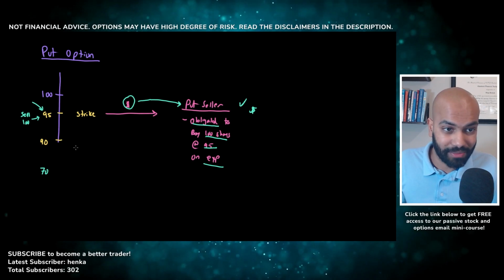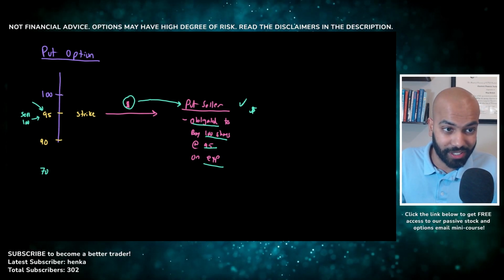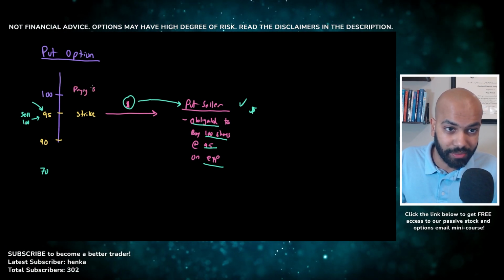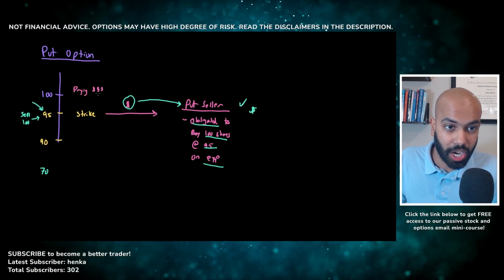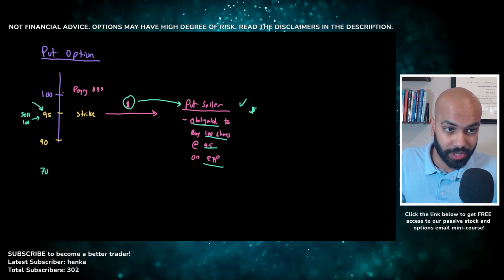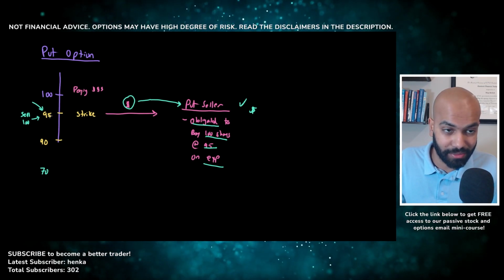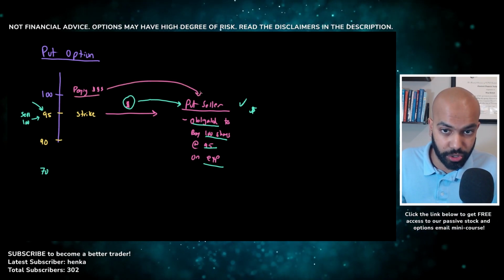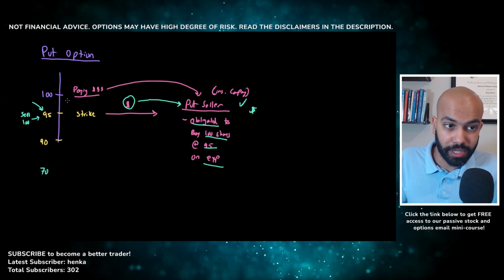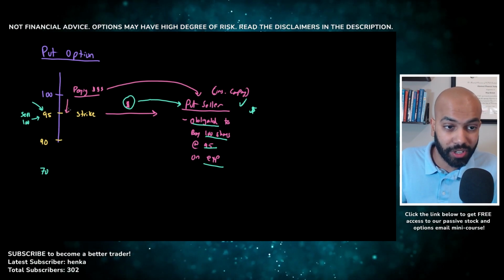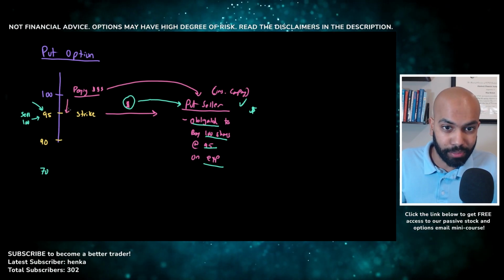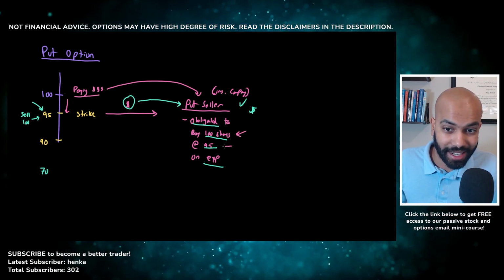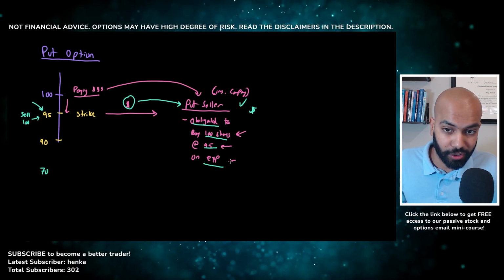Now that's exactly what's happening here. Let's say right now a car is at $100, but you haven't crashed it. That's fine. You just end up paying premium every single month or however long the contract is until the stock actually goes down. So if the stock is above $95, that means there's no car crash, as in you're just going to continue paying this premium to the put seller, who is the insurance company. But the moment the price goes below $95, you could file for an insurance claim, and the put seller would just be obligated to buy the 100 shares from you at the predetermined price on or before the expiration date.